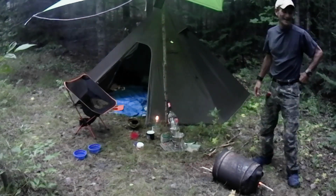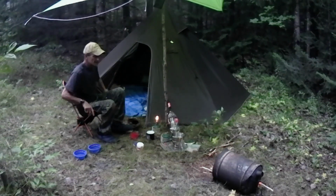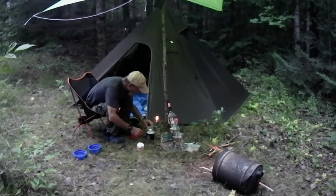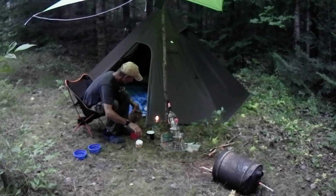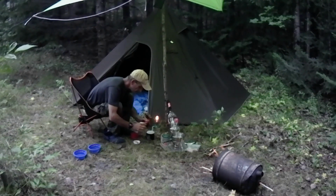Morning, guys. Just had a little bit of wood left over from last night. We didn't have any rain, guys. We did have some thunder in the distance last night. And we did have one little event happen to us last night. We went to bed, and just before we went to bed last night,